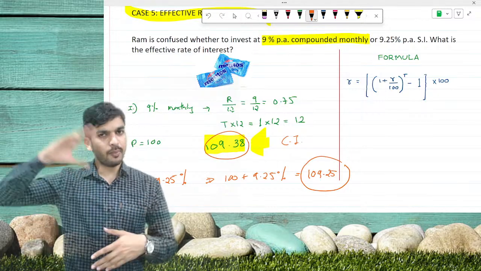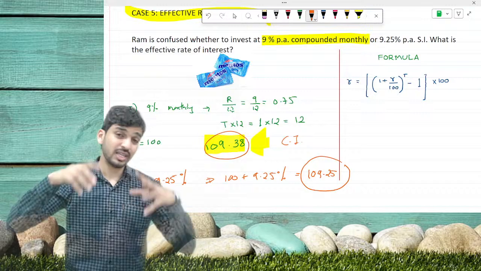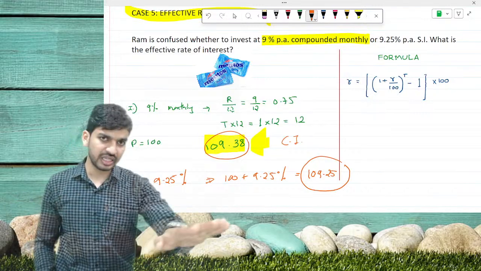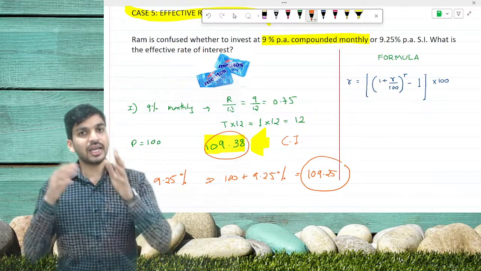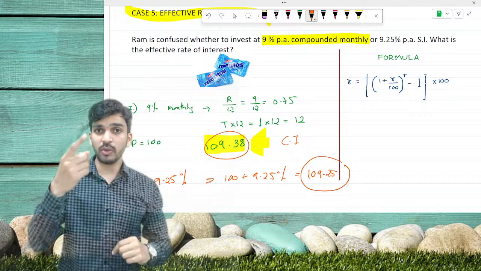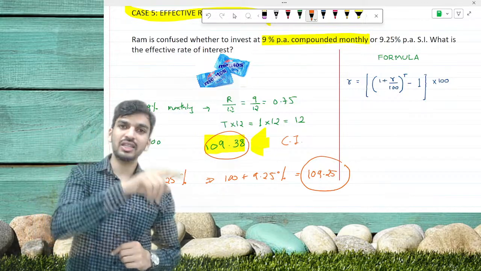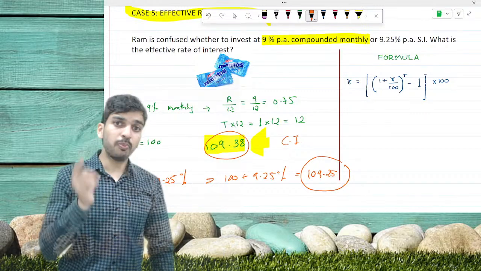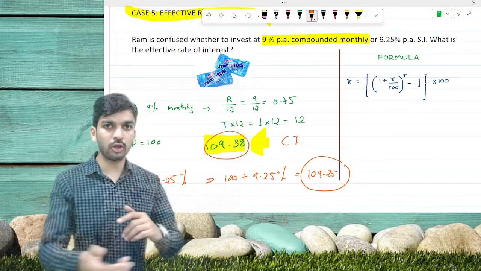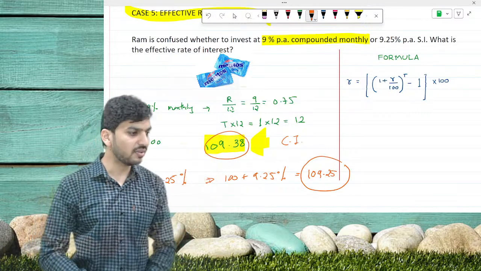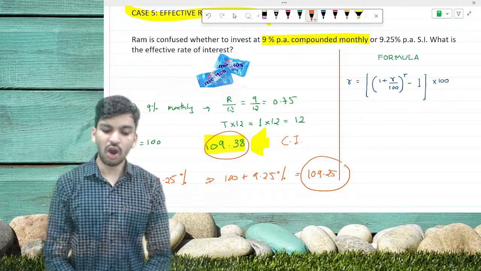So as I said, simple interest has only 3 categories of questions, compound interest only 5 categories of questions. First category, basic question. Second category, semi-annual, quarterly, monthly. Third category, remember that formula, T is equal to 0.35 plus 69 divided by R, correct? Fourth type, population type, directly go by the options. And fifth type, this is time taking, but yes, it is a very easy one, that is effective rate of interest.